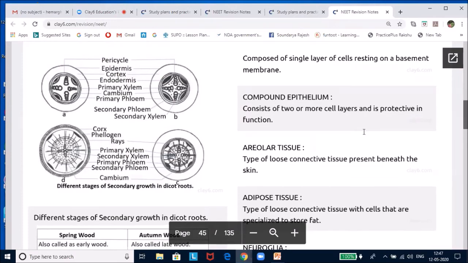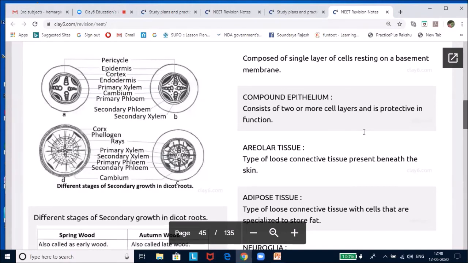So the meristematic layer that is responsible for cutting off the vascular tissue, xylem and phloem, is called vascular cambium. In the young stem, it is present in patches as a single layer between xylem and phloem, and later it forms a complete ring. Formation of cambial ring. In dicot stems, the cells of cambium present between primary xylem and primary phloem are the intrafascicular cambium. The cells of the medullary rays adjoining these intrafascicular cambium become meristematic, and then they form the interfascicular cambium. Thus, a continuous ring of cambium is formed.